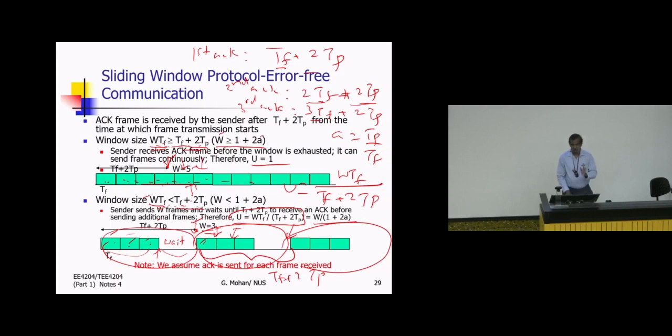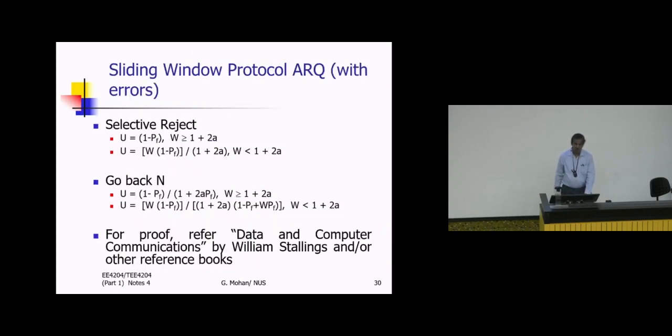For sliding window, you cannot immediately write the equation, right? You need to check if W is greater than or equal to 1 plus 2A, utilization is 1. Otherwise, utilization is W divided by 1 plus 2A. If you want to incorporate the errors, you just multiply it by success probability. So here you can see if W is greater than or equal to 1 plus 2A, okay,